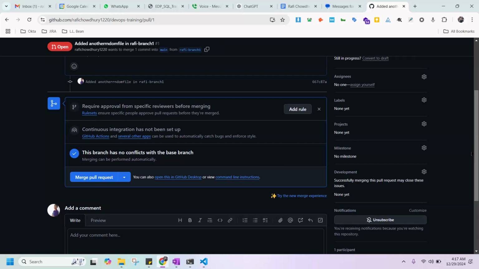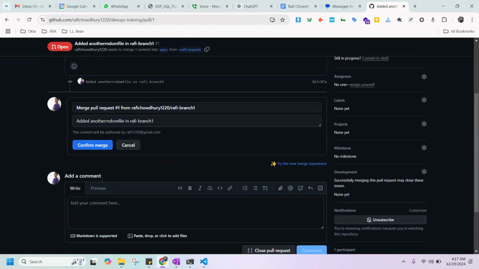But this file is not located in the main, so there is no conflict here. Just click on merge pull request. So basically this is going to pull your branch into the main one. Just confirm merge, click on confirm merge.